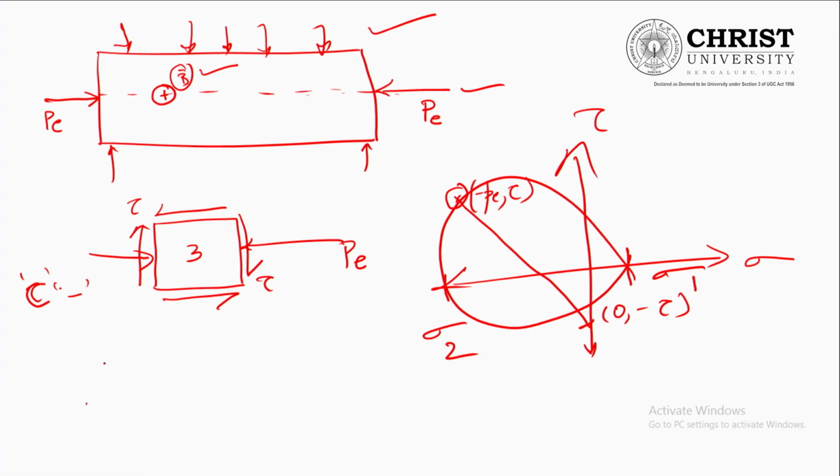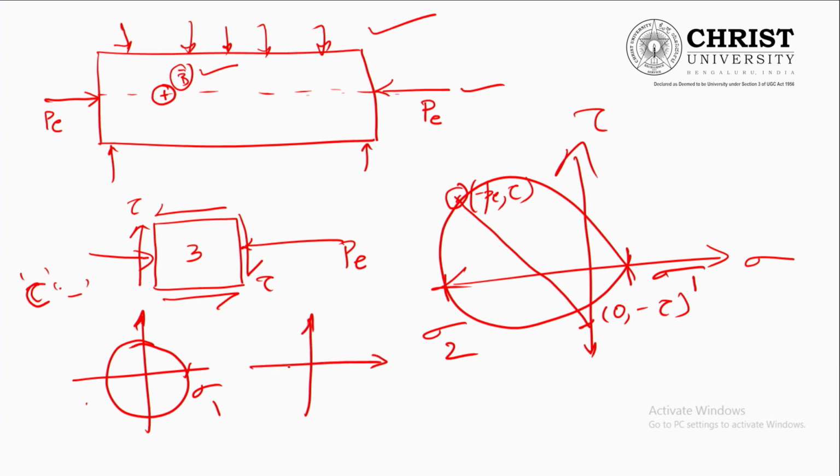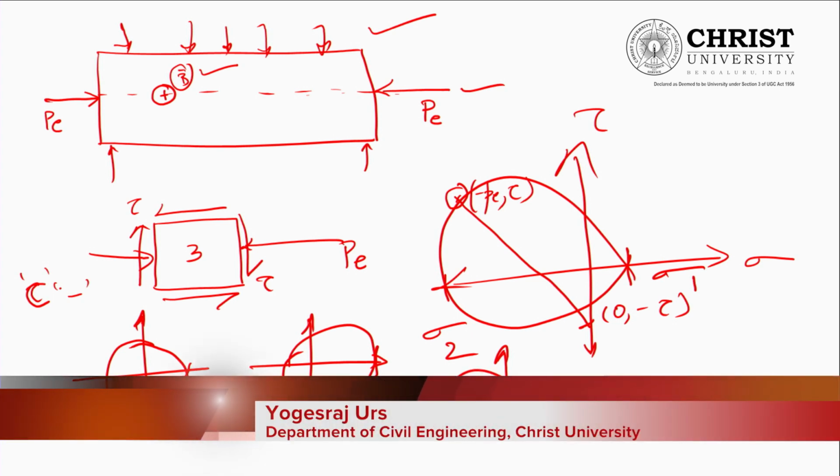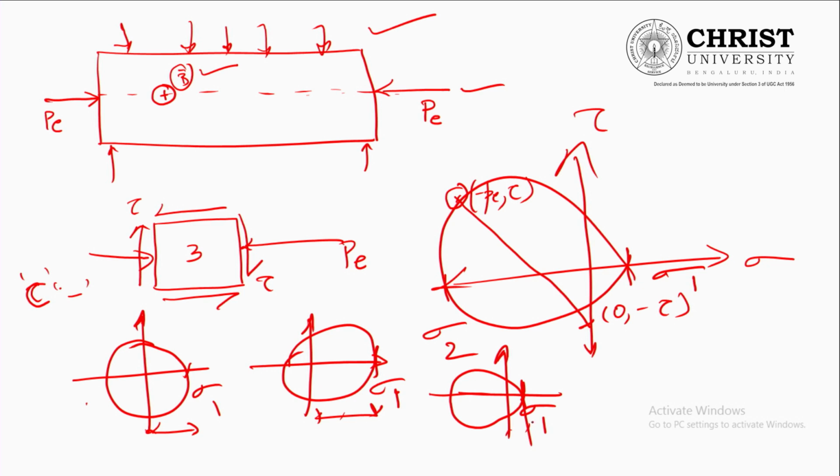So, let me consider case 1. If you recall, in case 1 at the neutral axis due to pure shear, from our Mohr circle, this was our major principal tensile stress. Case 2, at the bottom of the beam, we have a higher magnitude of principal tensile stress. Now, consider from above, due to pre-stressing the principal stress value has been reduced. If you compare these 3 cases, the sigma 1 value is lesser. So, comparing all these, we can say that due to pre-stressing the principal tensile stresses are reduced.